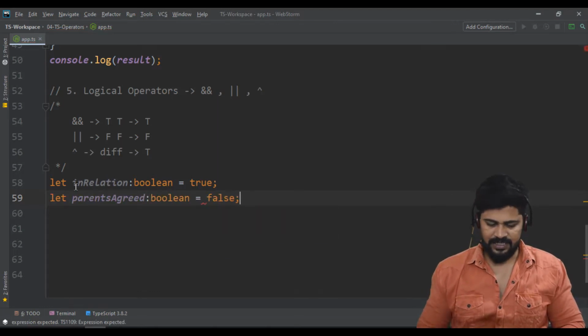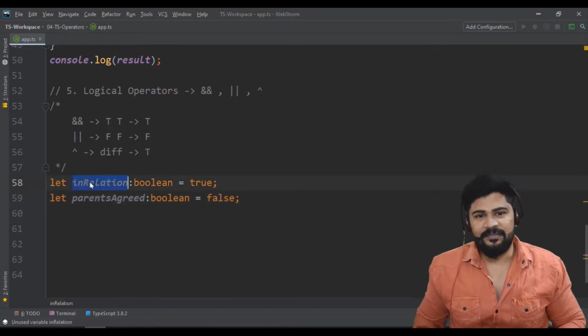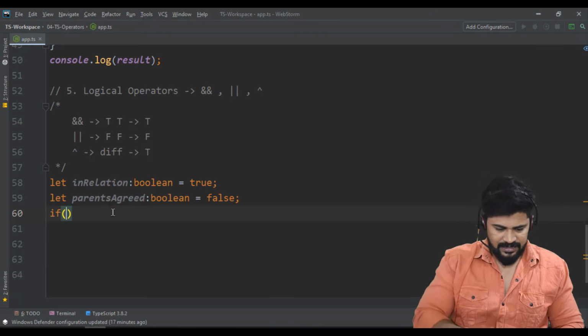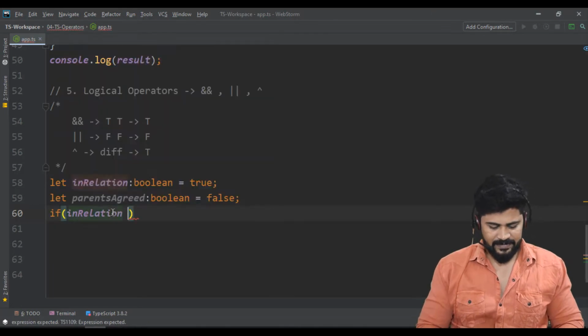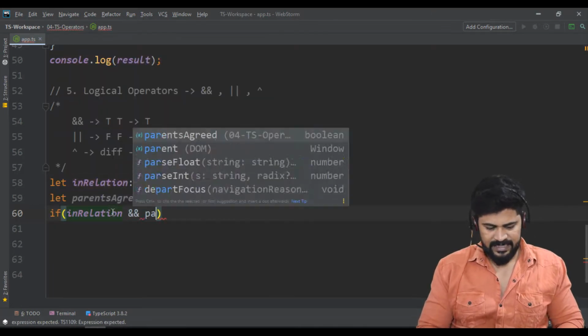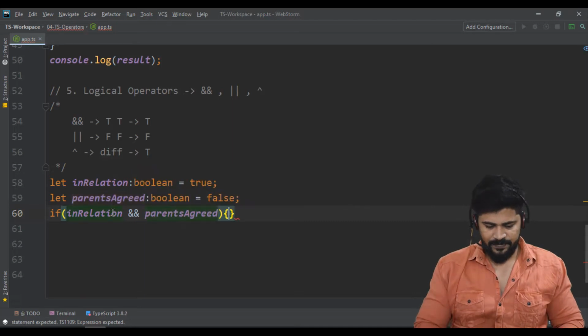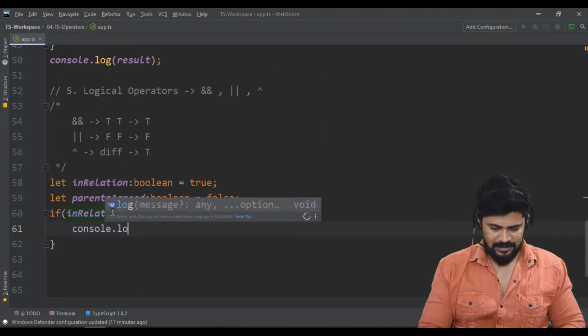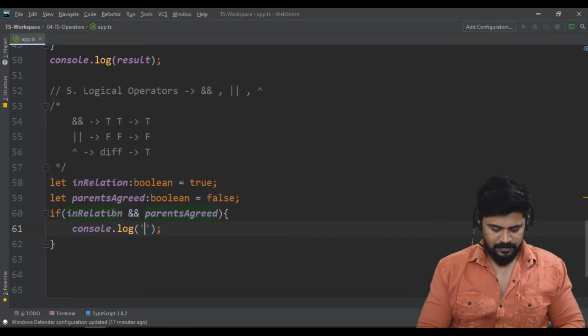So parents is not agreed. So you are in relation and parents is not agreed is false. Okay, how to check the condition is if in relation and parents agreed. So you are in relation and parents also agreed your relationship. Then what you do? Simply console.log get marry soon.